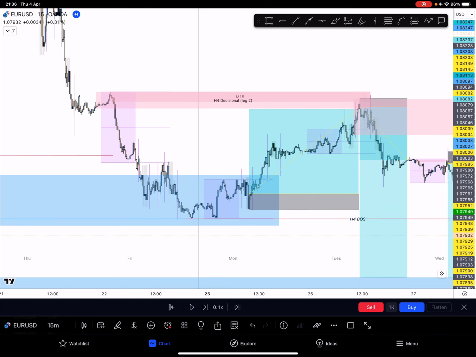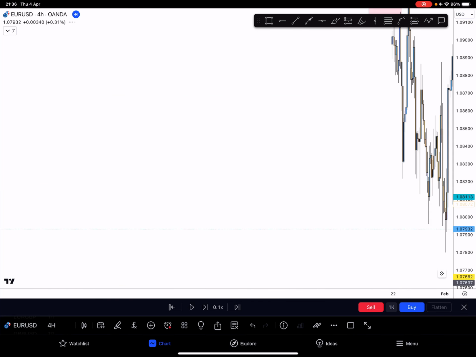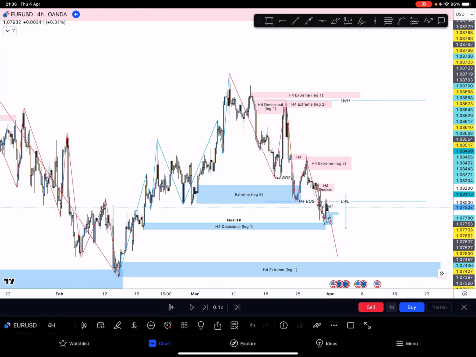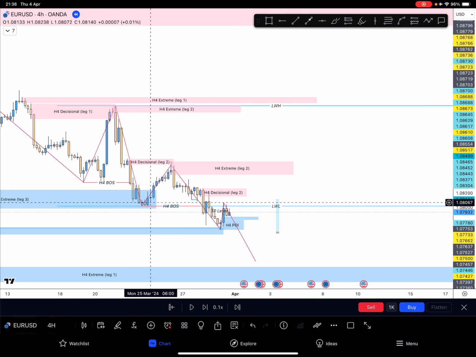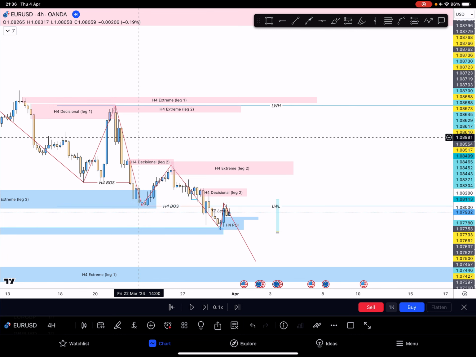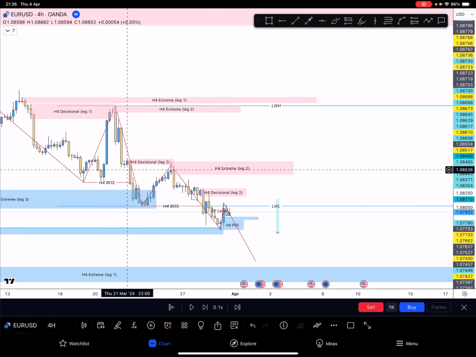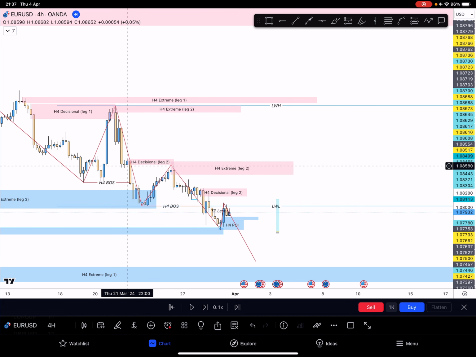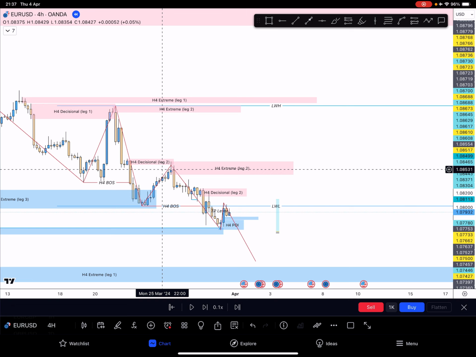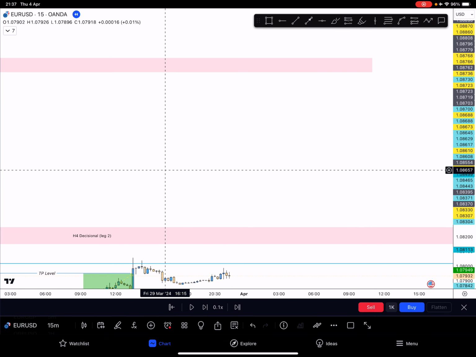Where are we going? Well, let's go back to H4, because that's where the idea is being formed. If you look at H4, we are down here on Monday catching a trade. Where are we going? Well, we have two zones: our extreme and our decisional. If we're catching a trade from here, to be safe, we should be bringing that trade into our decisional. That's a safe place. Or you can carry it up to the extreme, but your safe place is decisional. So that's where we are going with our trade on Monday.